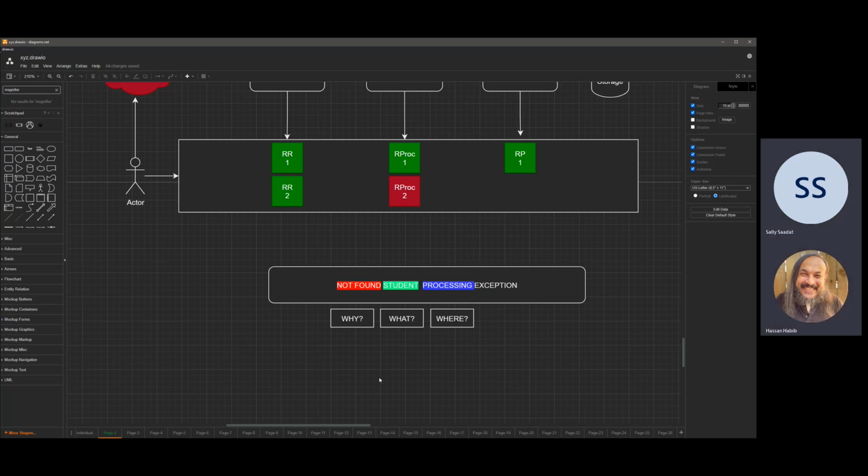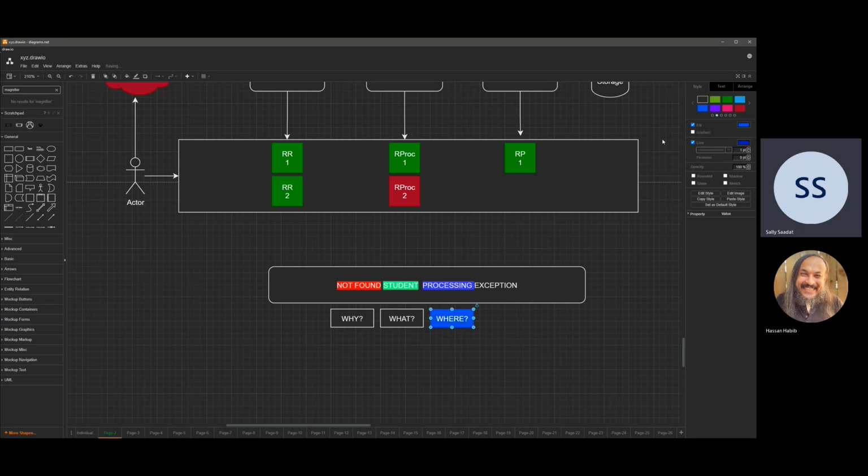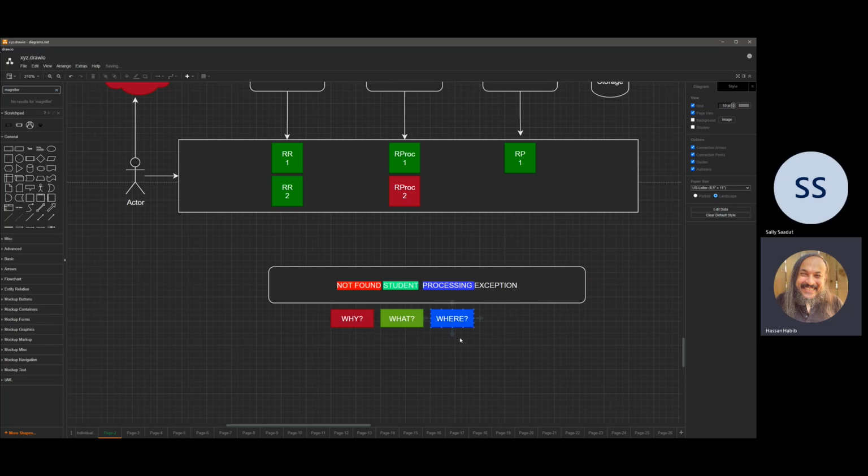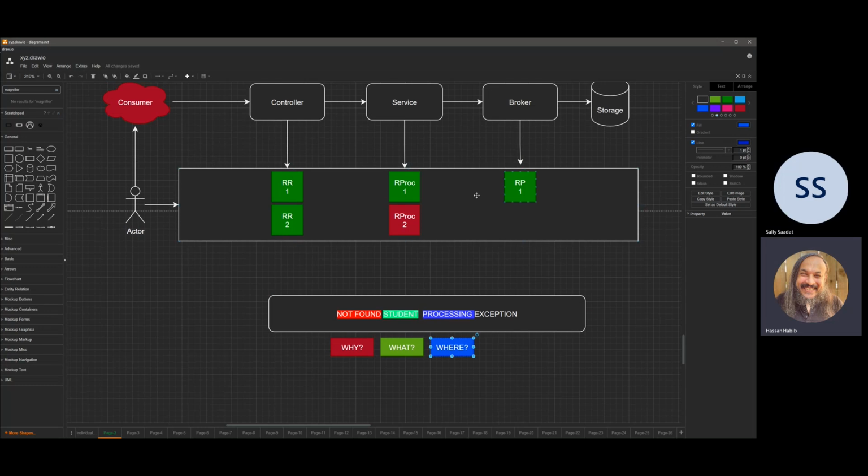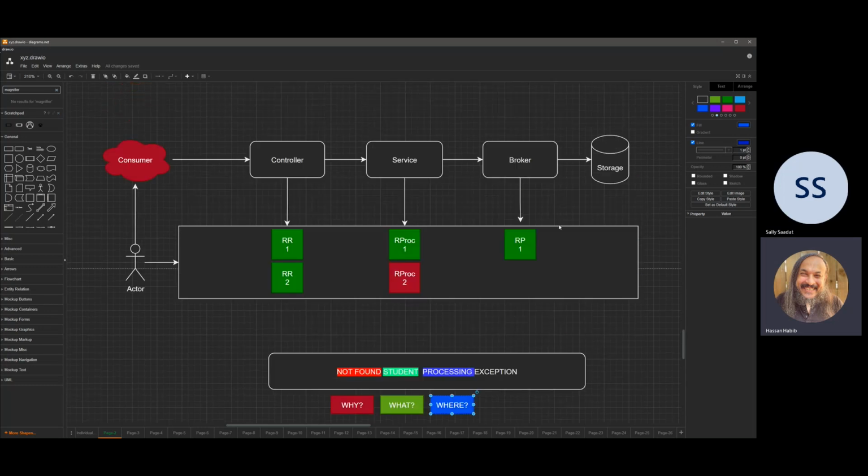What do you think? No, it's clear. Okay, beautiful. Everything has a reason, right? Not found student exception: why, what, where. So that means when Sally is supporting some large enterprise, some 100 million user system, it'll take literally Sally 2 seconds